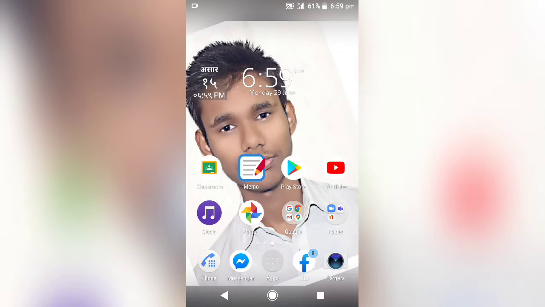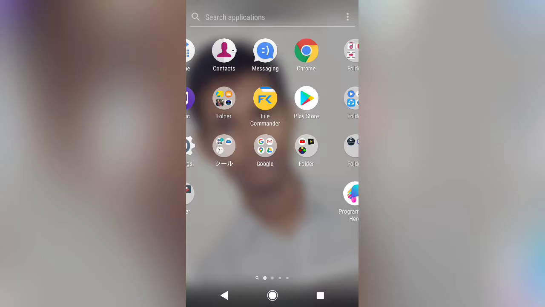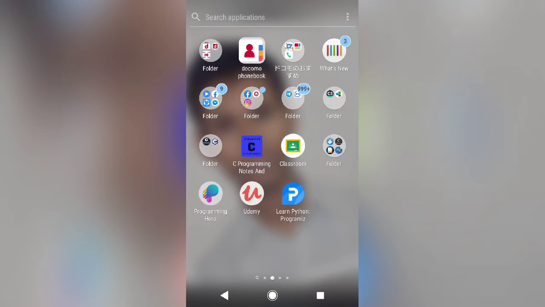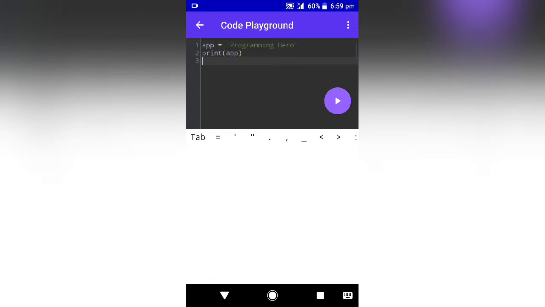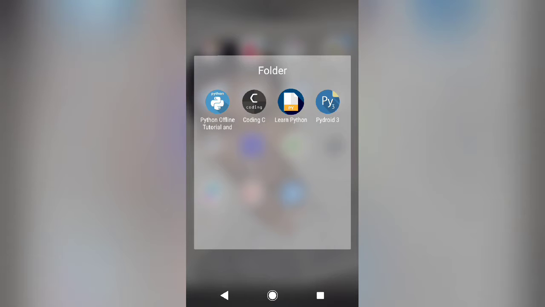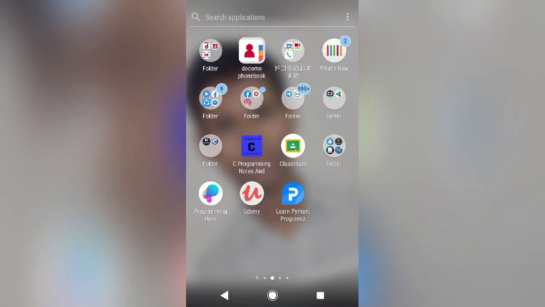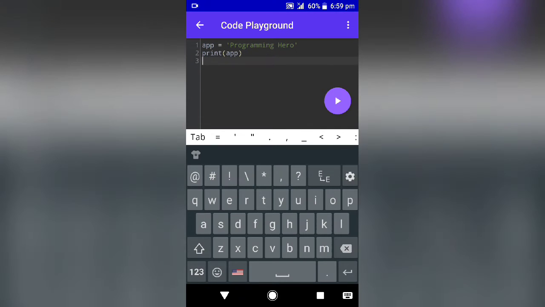If you want to solve the program on mobile, you can use apps like Programming Hero. Here you can see Programming Hero, and also Learn Python Offline and Python offline tutorial. There are many apps.